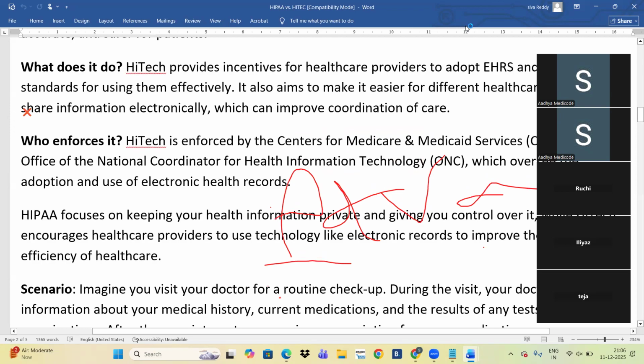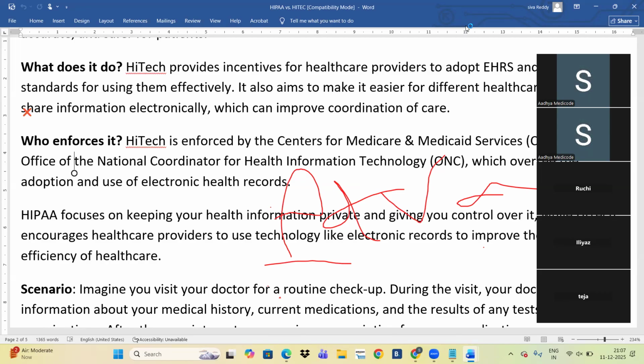Who enforces it? HITECH is enforced by CMS, the Centers for Medicare and Medicaid Services, and ONC, the Office of the National Coordinator for Health Information Technology. You will get this question in the exam, guys: who establishes the HITECH rule? Who enforces? They won't give CMS; they will give ONC in the options, the Office of the National Coordinator.